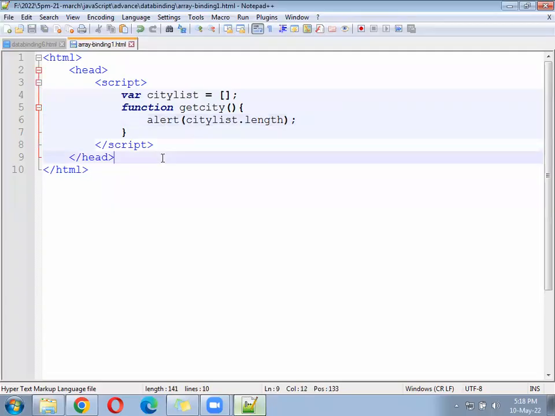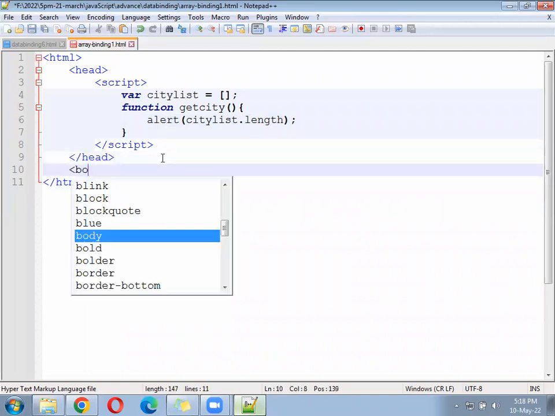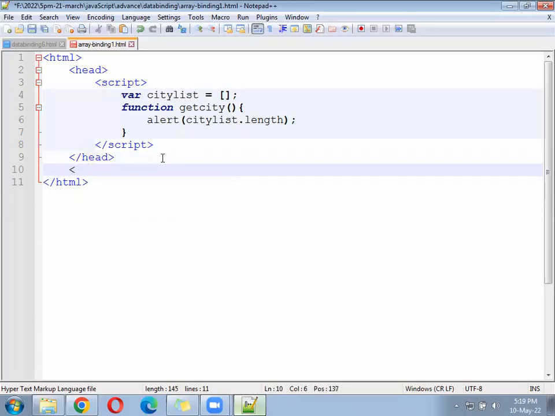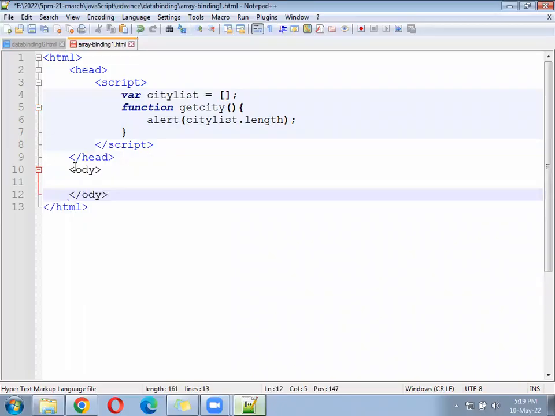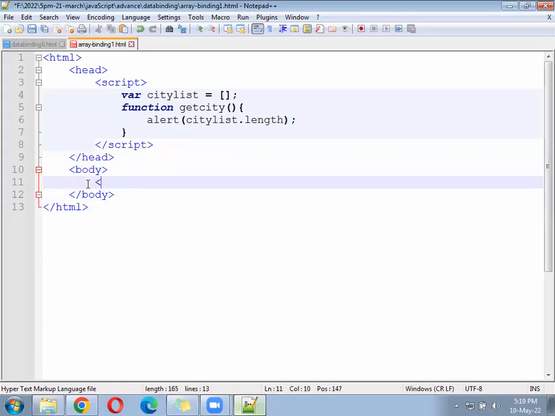Come down below, write the button. Body tag first is required. Body. Under the body tag, you can write one h1 tag, and under the h1 tag,